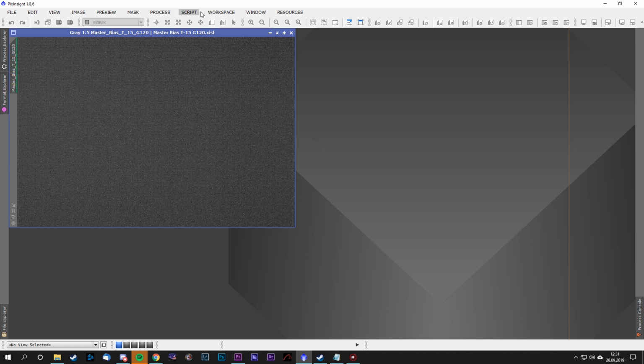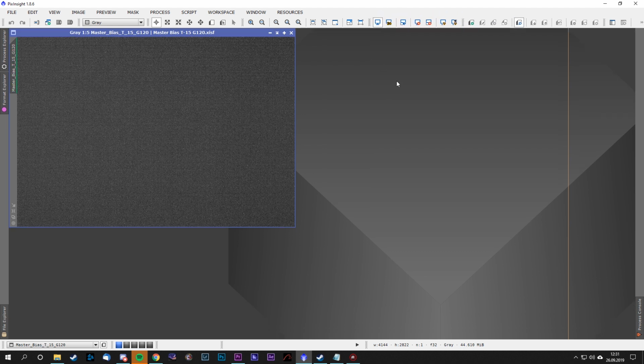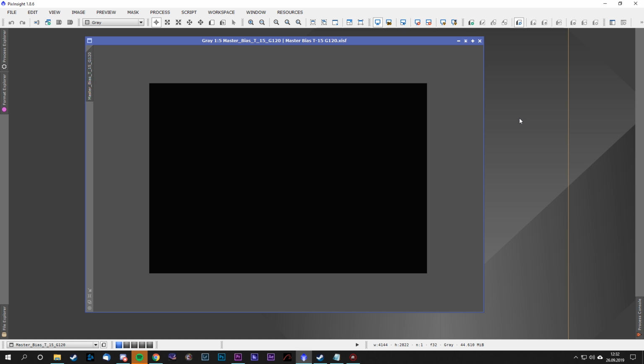So the tool in the hotbar over here is a bit obstructed. I like to have these tools over here. This here is the master bias as we know it, just a black image. We can now stretch this image to see what data is actually in it. You will see this radioactive symbol over here. You can see the STF auto stretch. STF stands for screen transfer function. We can click it and the active window will be stretched. And I think this is a pretty good